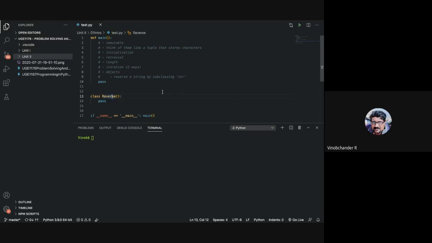If this class reverse is to make use of the properties of a parent class that is already available, how can I achieve that? Remember, guys, or you forgot? You can pass that parent class here within the braces. So whatever you pass in this particular place is your parent class.